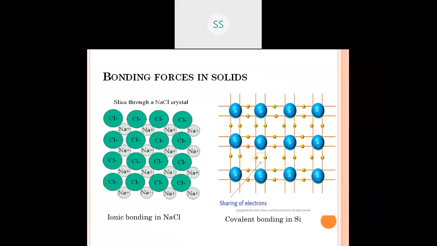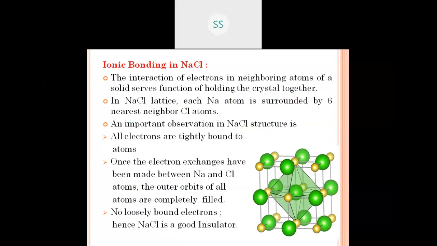Now your syllabus begins with bonding forces in solids, and we discussed various types of bonding: ionic bonding and covalent bonding, as well as how ionic bonding works in the case of NaCl. What are the structures in the case of covalent bonding, and what is metallic bonding? Then we moved on to energy bands, and there we discussed the linear combination of atomic orbitals,